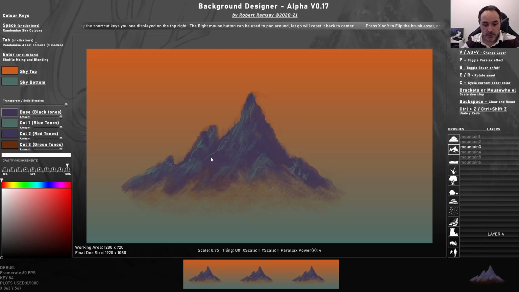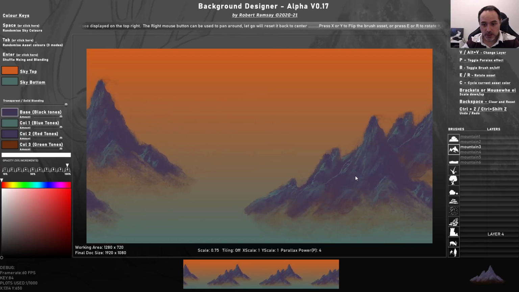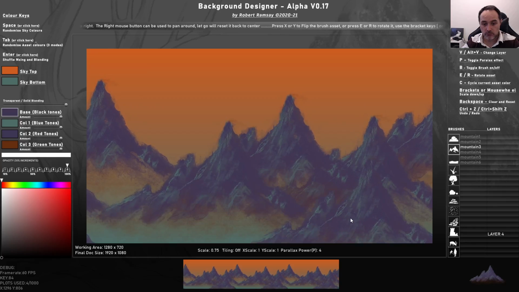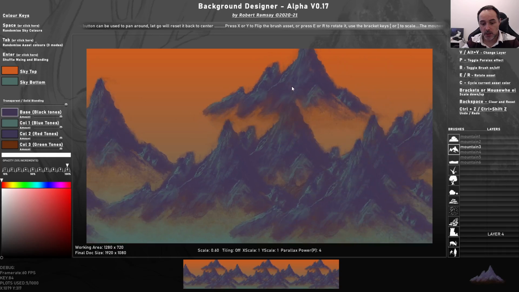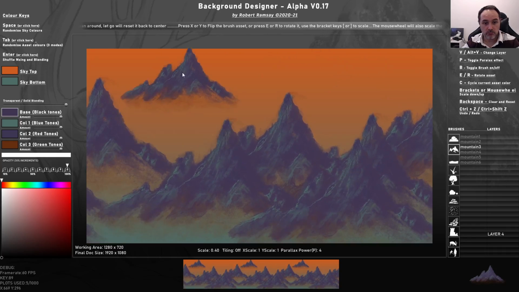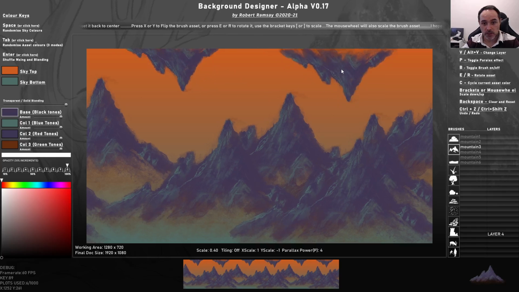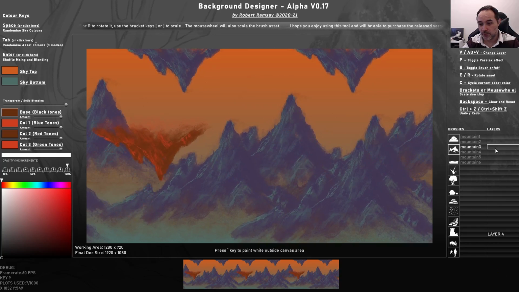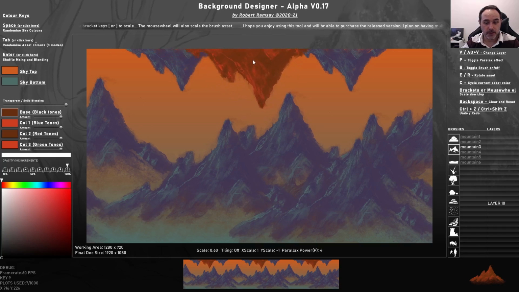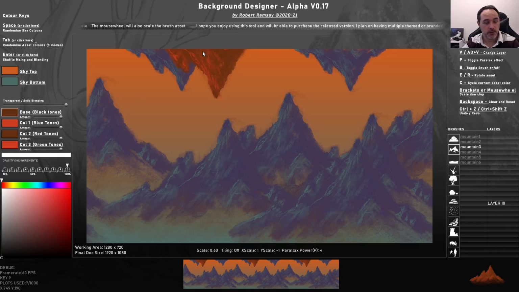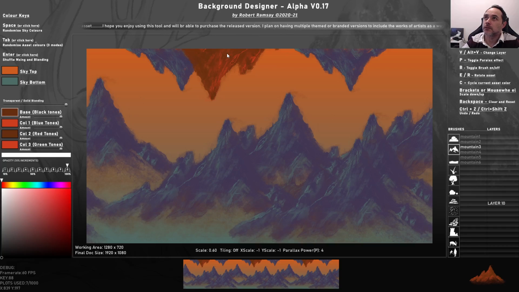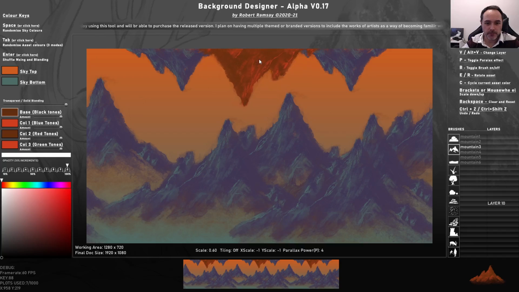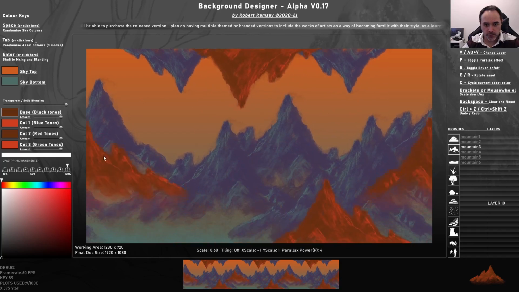So what I've got is a bunch of assets that you can plop down on your canvas and get some nice pretty backdrops for a game. You can already picture this being in some sort of parallax shoot 'em up. It reminds me a little bit of Gradius. So you get the Parallax Effect,